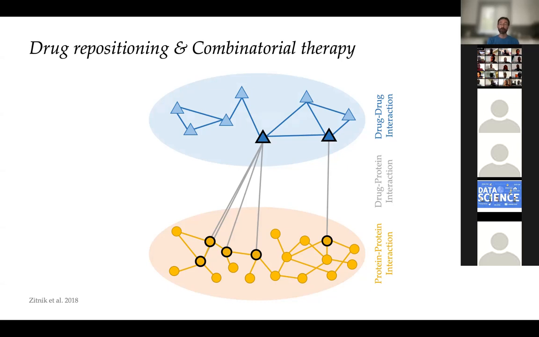So there is the protein-to-protein interaction graph that models, at a very high level of abstraction, human biology. So proteins are the targets in this case, and how they interact with each other. So there are multiple pathways, so that if you touch one protein, it will have some kind of ripple effect through this PPI network. Then the drug-to-protein interaction actually explains the mechanism of action of a drug, what kind of protein it binds to.